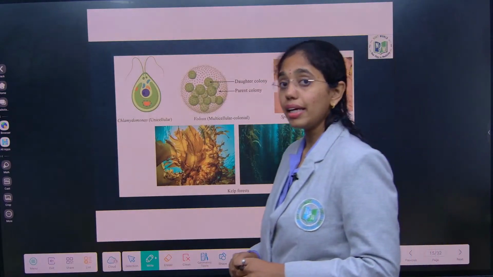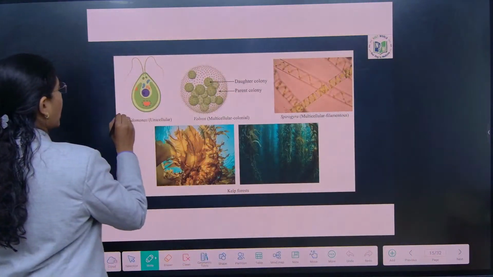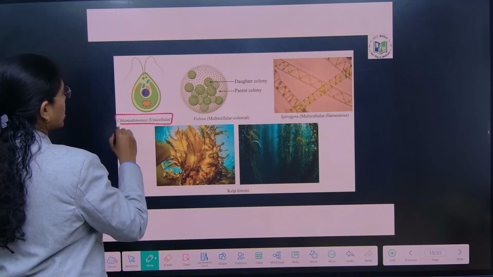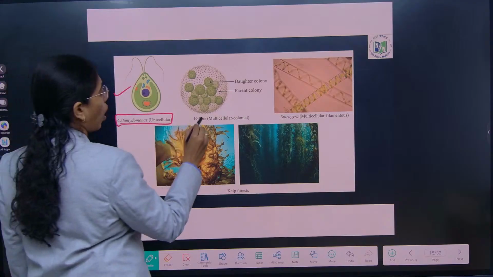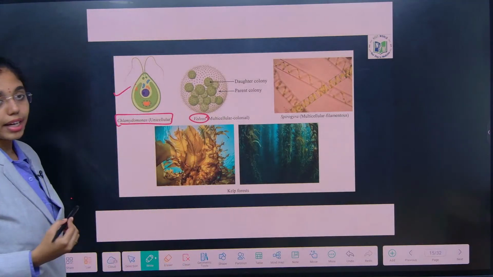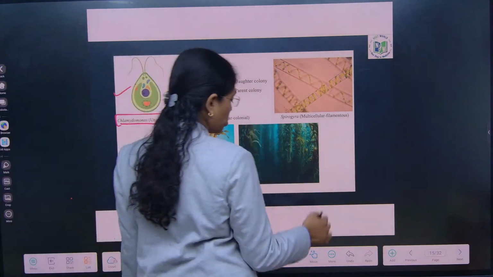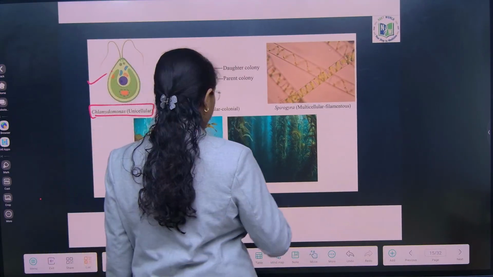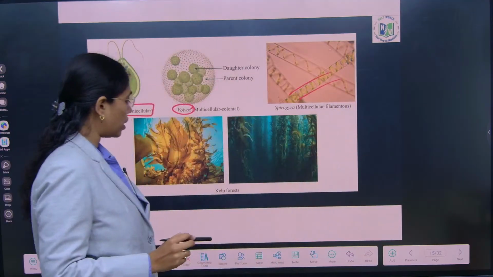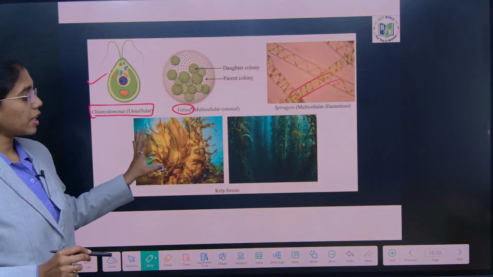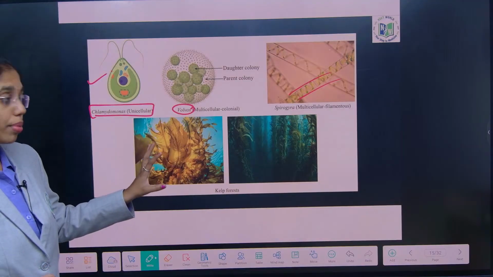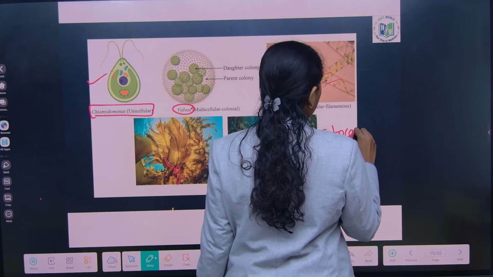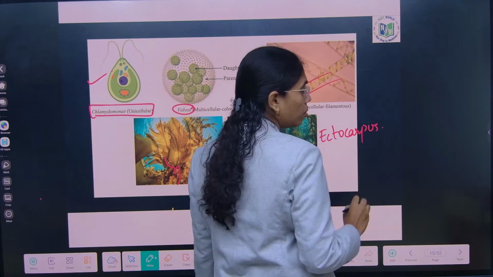Here you can see the clear images of unicellular green algae, that is Chlamydomonas. Volvox, multicellular colonial green algae. Spirogyra, can you see these microscopic images, which is filamentous green algae? Then kelps, which are largely found in the marine forms. Brown algae, that is Ectocarpus, which is profusely branched, into kelps.